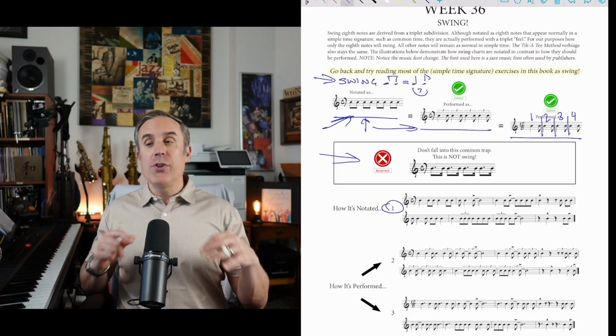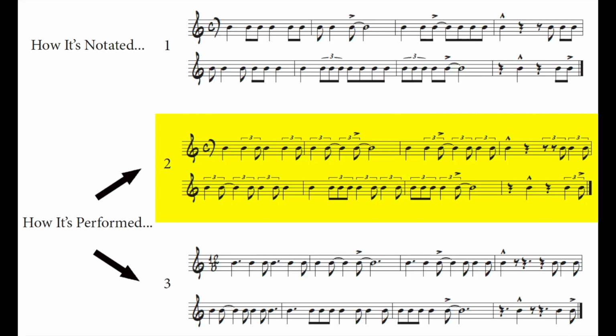A 1, 2, 3, 4, ta, trillet, trillet, let, ta, trillet, ta. Let trillet, ta, ta, triplet, triplet,